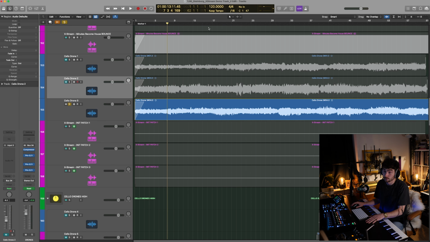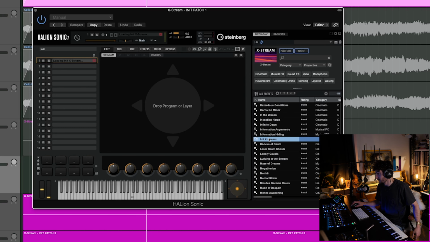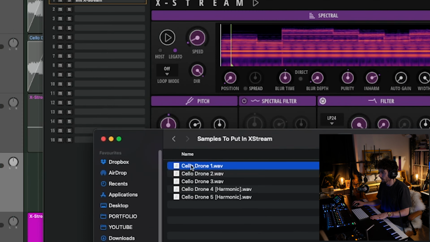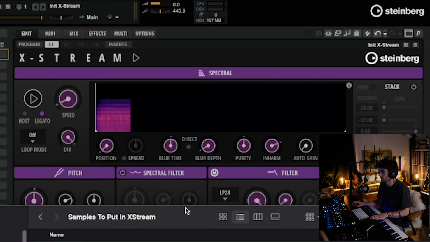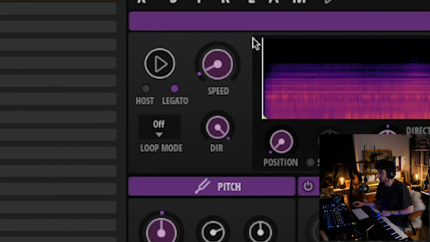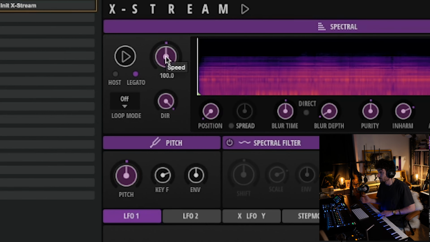Literally just the octaves and the fifth. Once I had those cello parts recorded, I would initialize Extreme, then take cello drone 1 and drag it into place. Now it automatically has the speed on 5, but this is a really long audio file, so I need to crank that up to 100, which is basically the default playback speed. So now